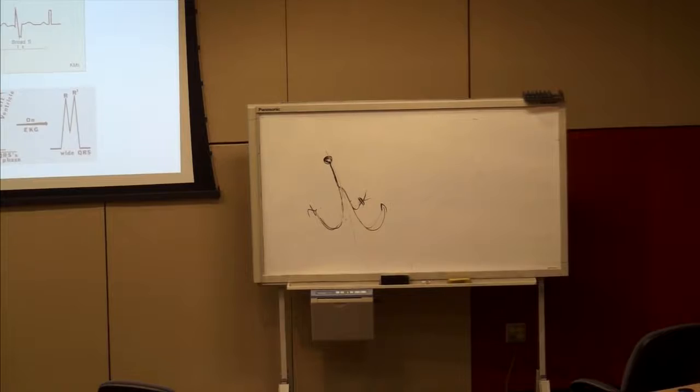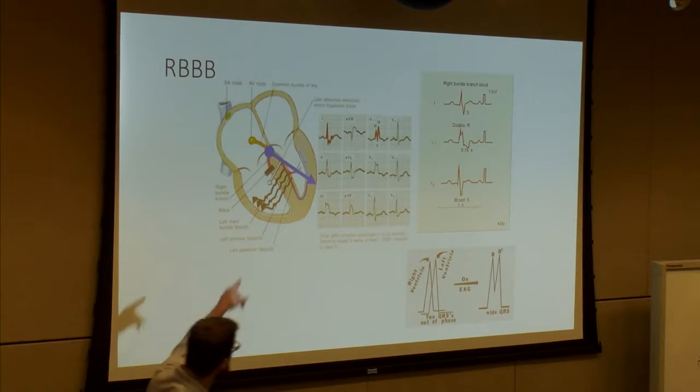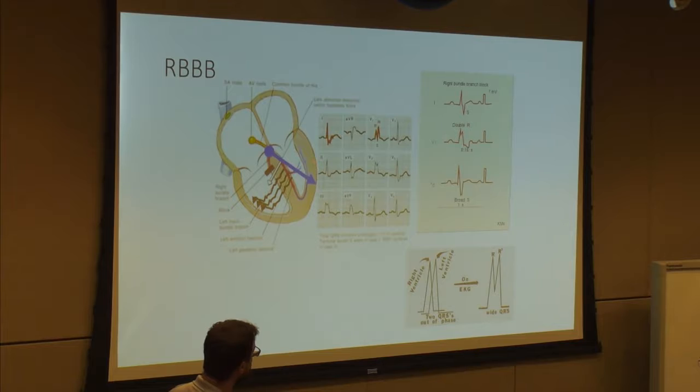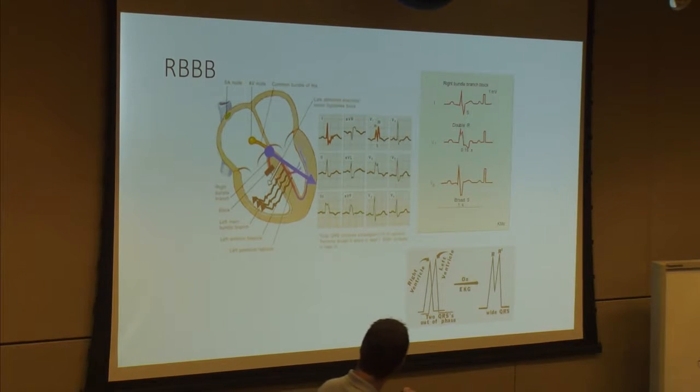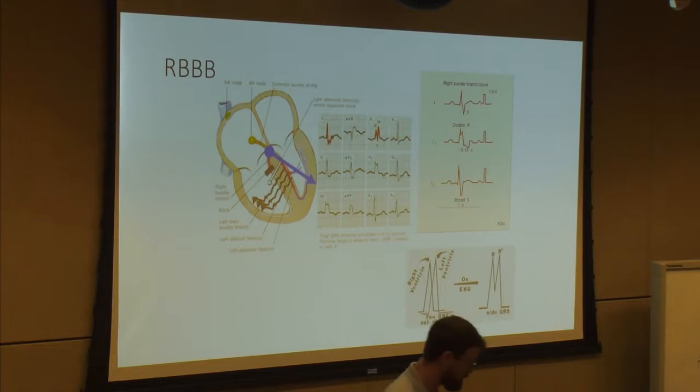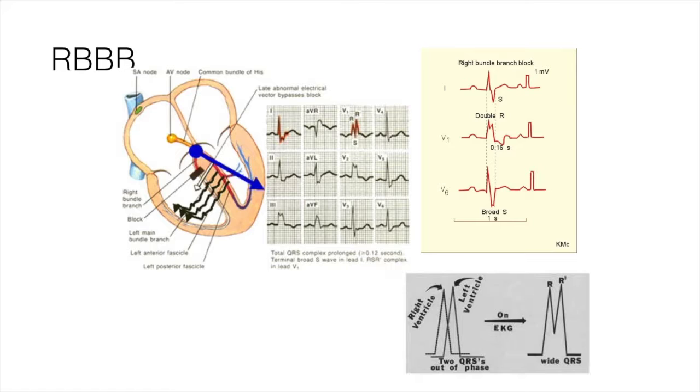So when I talk about right bundle branch block, what does it look like? I have fast depolarization of my left ventricle because my left bundle is intact. I have slow depolarization of my right ventricle. So slow depolarization of the right, fast depolarization of the left. I take what is usually a synchronized depolarization of left and right ventricles and split those two apart. I uncover the two ventricles, and I end up with an RSR prime. Make sense? Everybody got that?